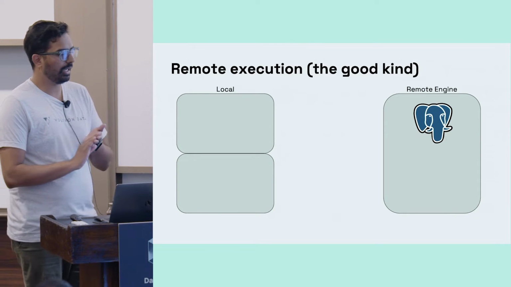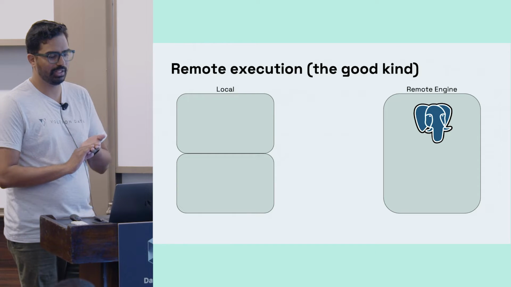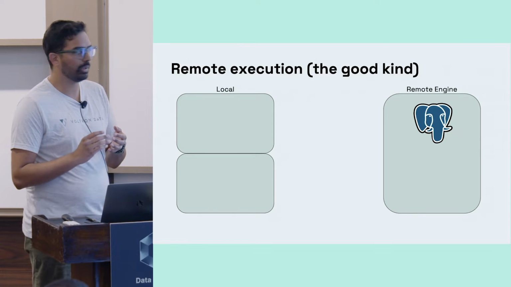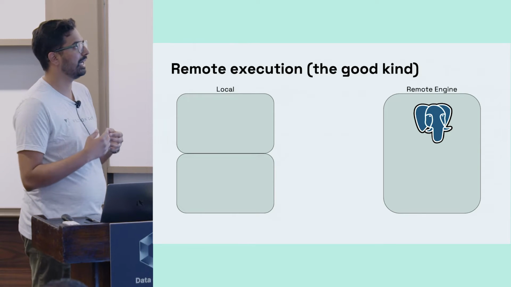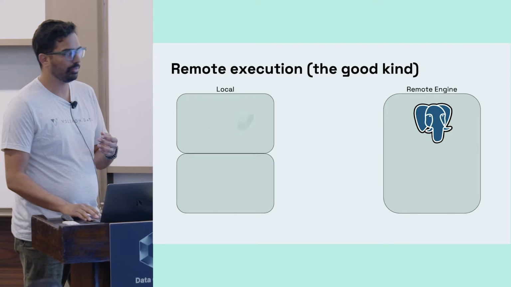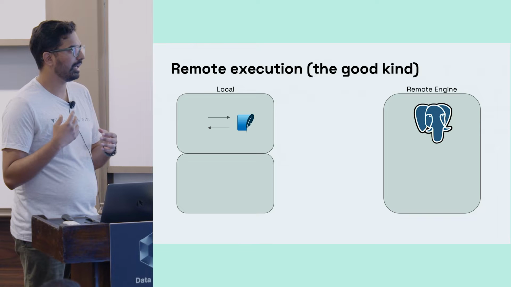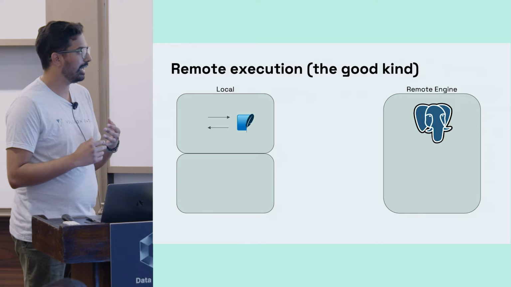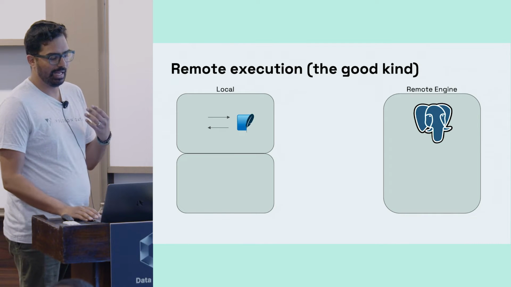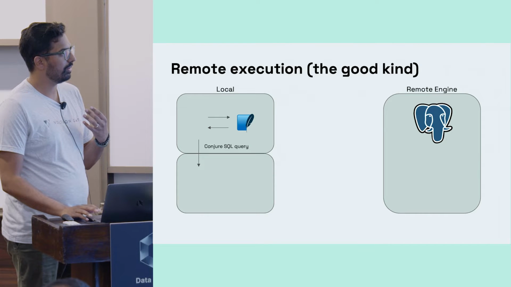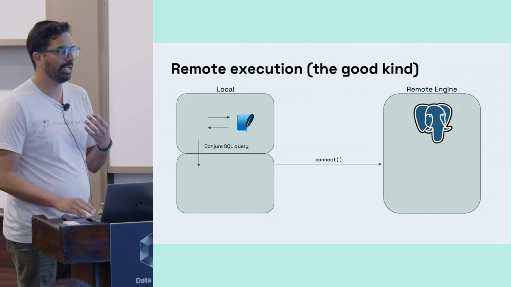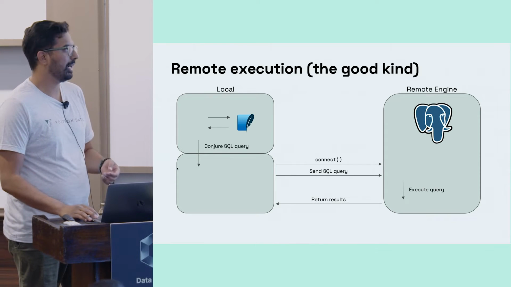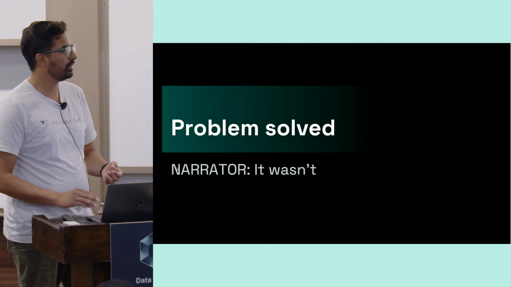So we did say that we can run SQL everywhere, including locally. So maybe that can help us out with our local experimentation aspect instead. Instead of just conjuring up a query, we can get some data in a local database, and then instead of magically coming up with a query, we can experiment locally, come up with that, and then when we're ready, we can connect to that database, send it over, same thing, execute, and get back the results. Maybe that's a little bit better. Actually, maybe our problem is solved.